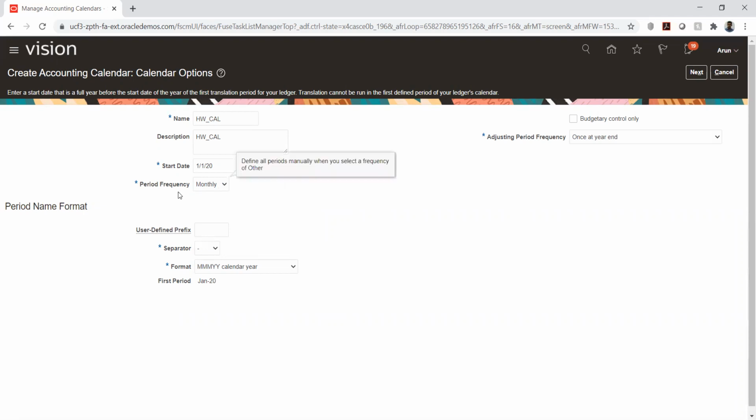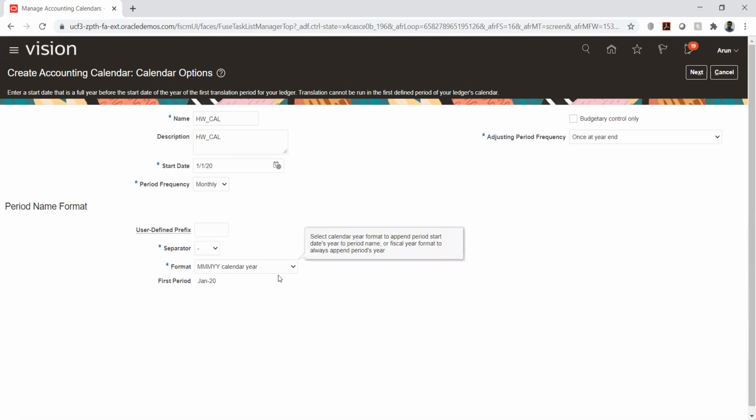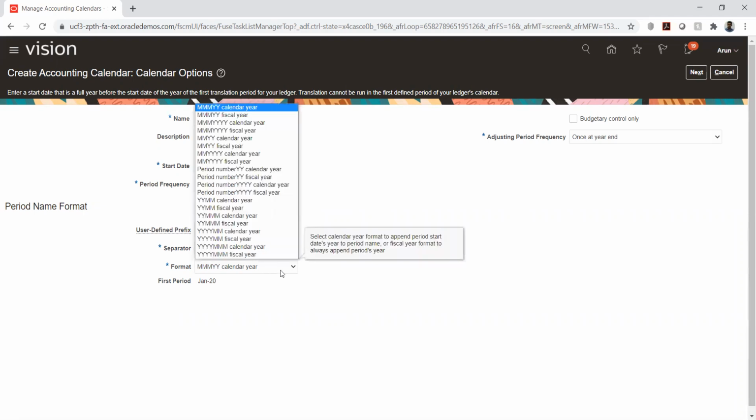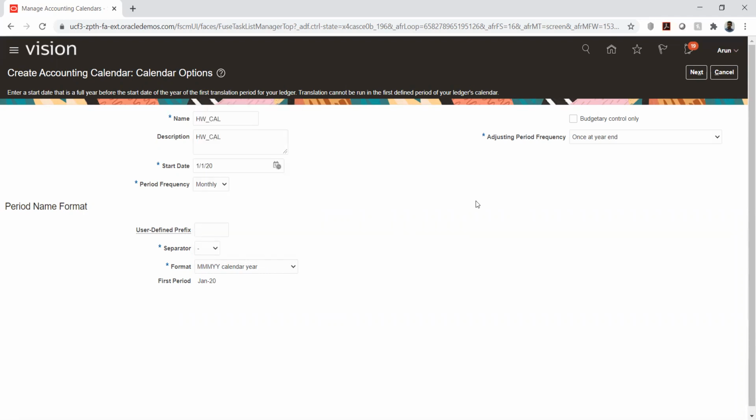The options we have include frequency, whether we want monthly, quarterly, or weekly. Similarly, we can define the calendar and how we want our format. There is a list of formats available based on the international standard. We also have the option to set up our adjustment period.